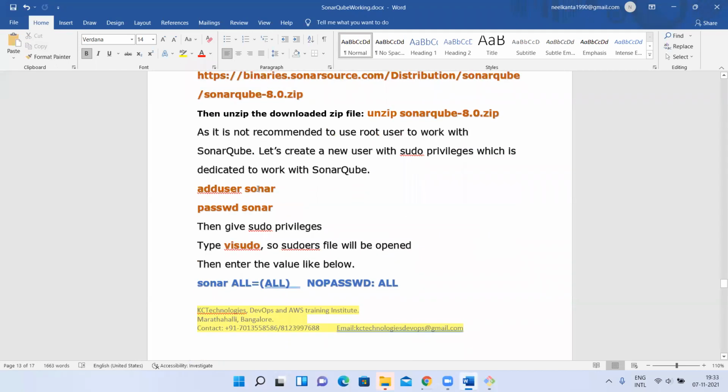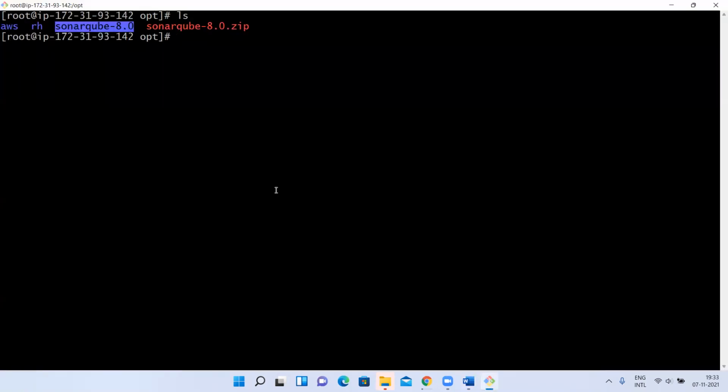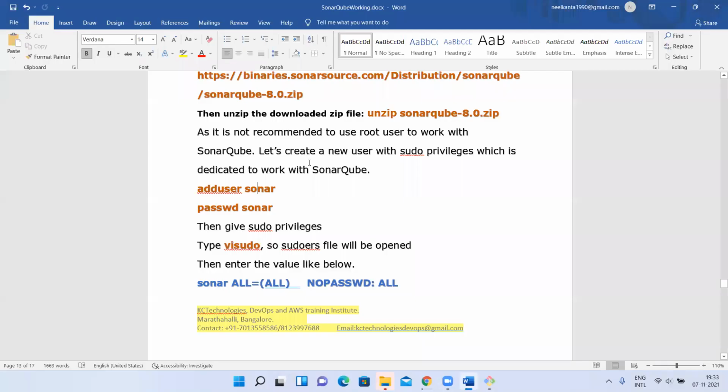Now to work with SonarQube, you can use either ec2-user, root user, or a separate user. In Nexus also I explained that we can create a separate user to work with Nexus. Under the sonar.rc file you can run as the user we give, like ec2-user. There you can give the separate user you have created. But there we used ec2-user. Let me create a separate user and work with that user.